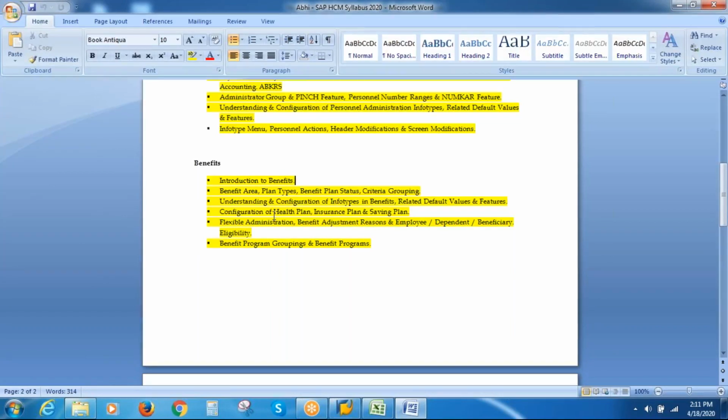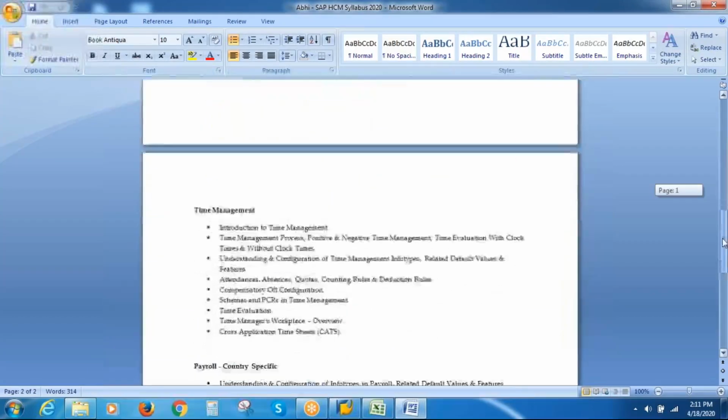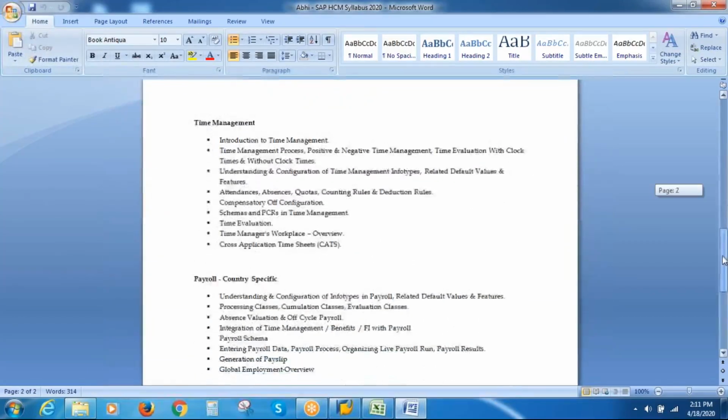Flexible administration, we have seen that, benefit adjustment reasons, employee dependent beneficiary eligibility, benefit program groupings, and benefit programs. So we are done with the end-to-end configuration of benefits. And we have also seen the output in PA30.